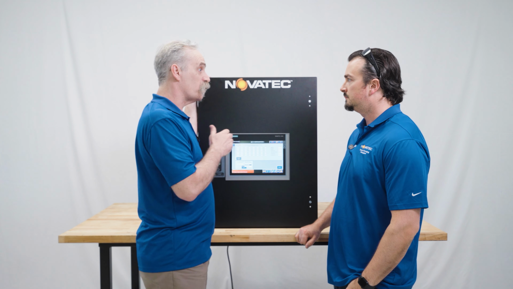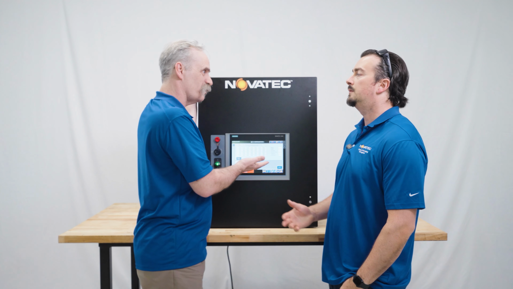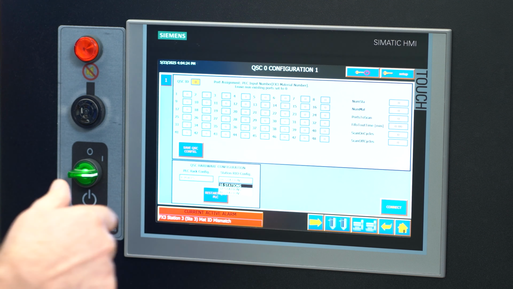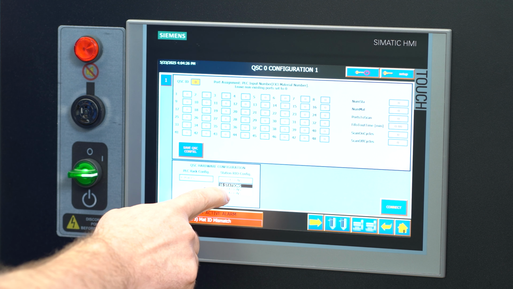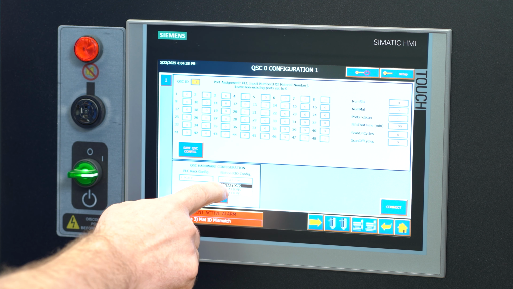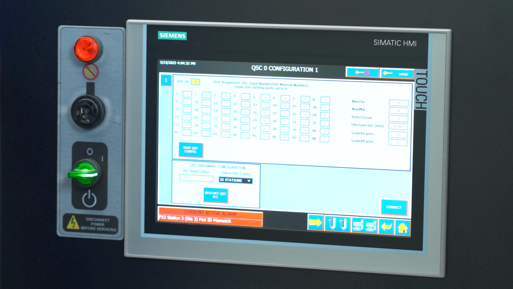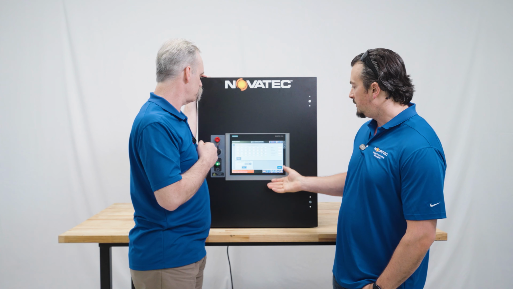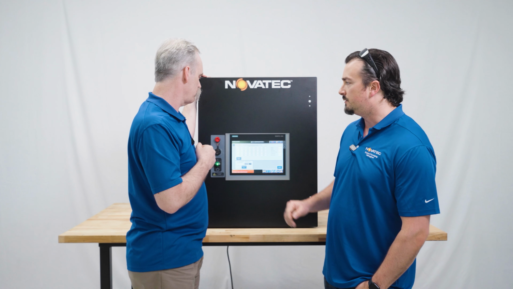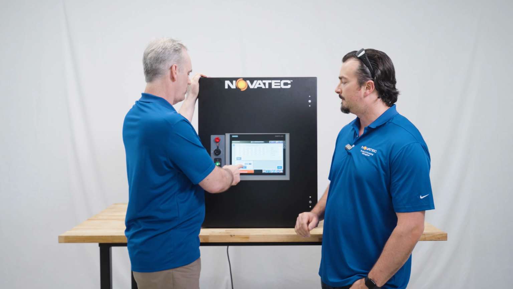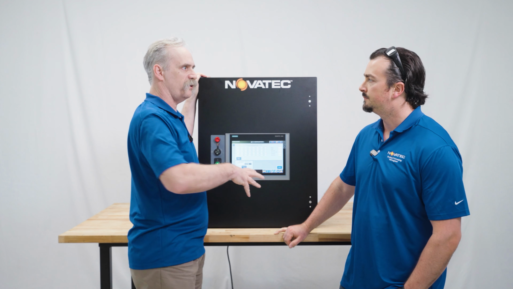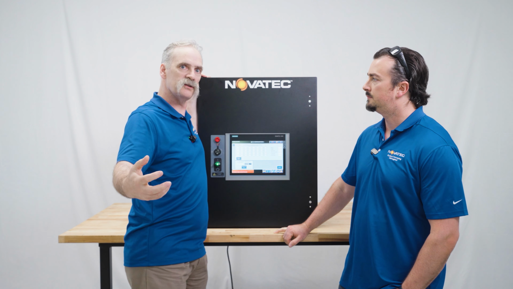Very similar to our Auto ID on our normal system, but this is designed specifically for the QSC. So you can see we can have 16, 32, or 48. So let's say we have a 32 station version of it. So now there's 32 stations that could be associated with our 48 port QSC that we have. And then once you make those changes to that particular one, you have to restart the PLC. Exactly. So I could hit the restart PLC, the values would already have been assigned and written to that PLC,